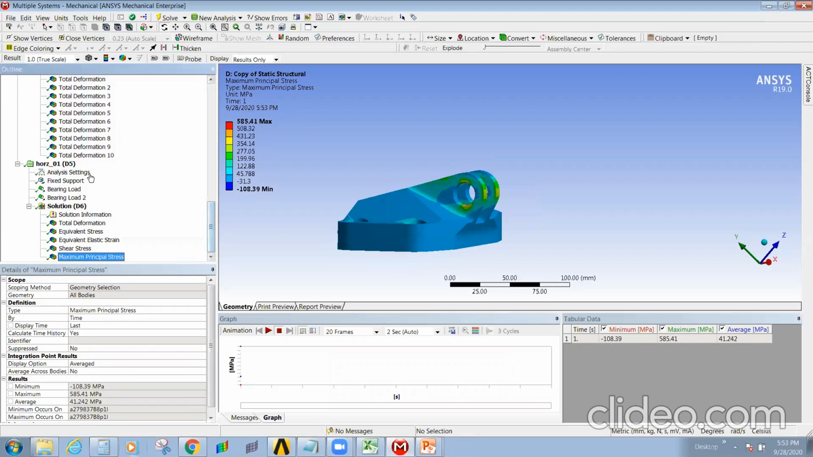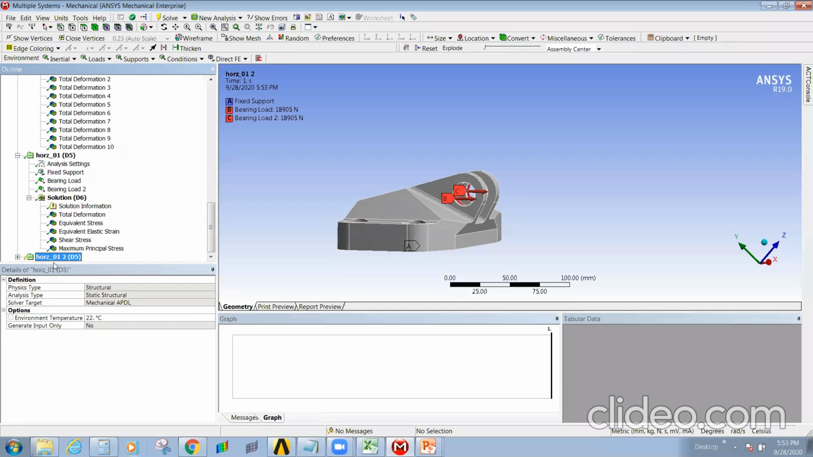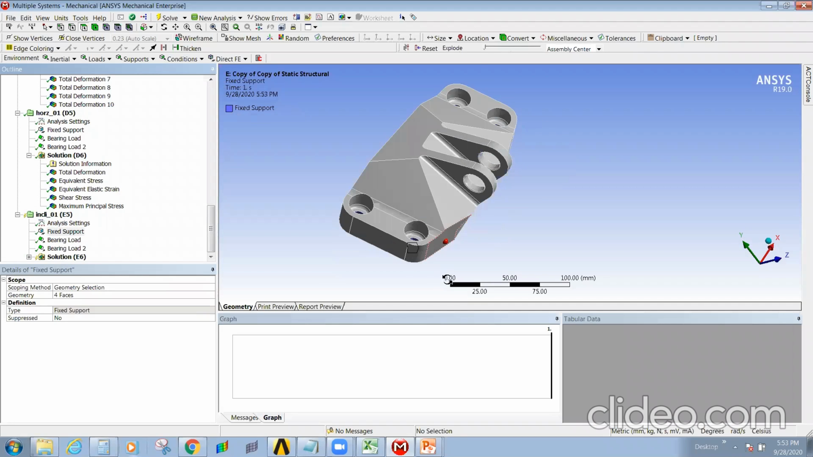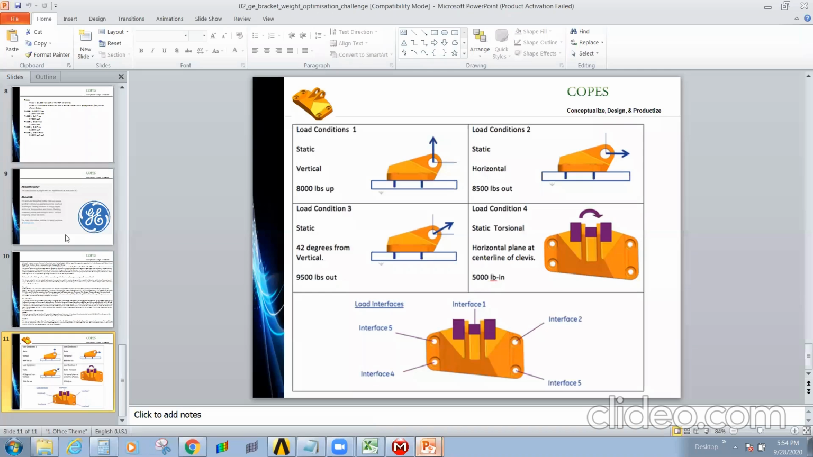Okay, next, same thing I need to do for inclined. I'll click on duplicate. Here again one more duplicate of horizontal has been generated. I will rename it as inclined 01. Then your fixed support will be the same, your boundary condition will be the same, your bearing loads need to be changed. For the previous one I have not explained how you convert your bearing loads. Okay, 9500 lbs, convert that to